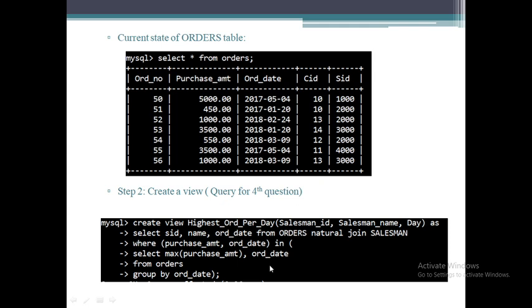The 2 dates: one is 2017-5-4 and 2017-5-4 again, and one more is 18-3-9. In this the maximum is 1000, and in the first one it is 5000. So we'll get SID 1000 and his salesman name, and then the date.